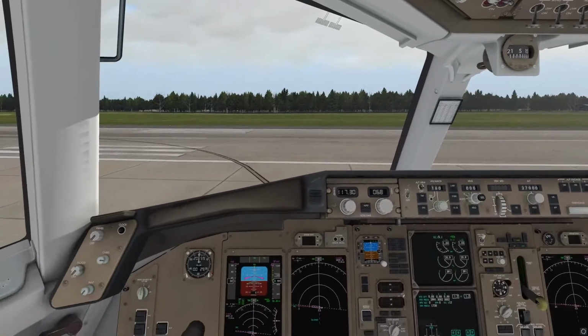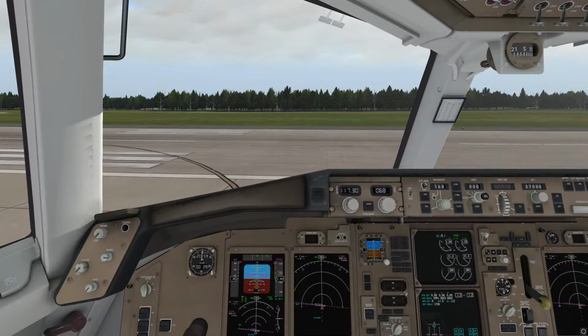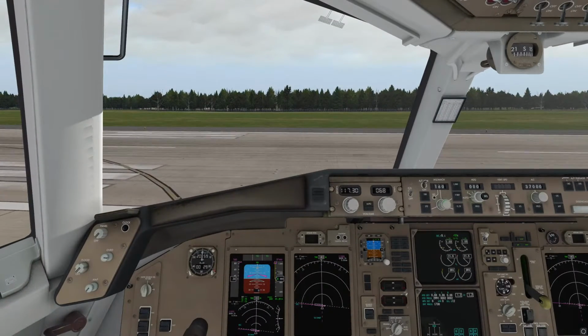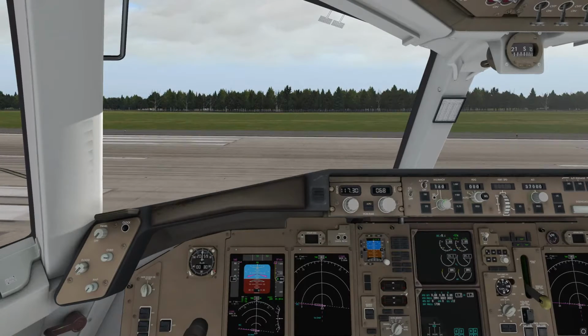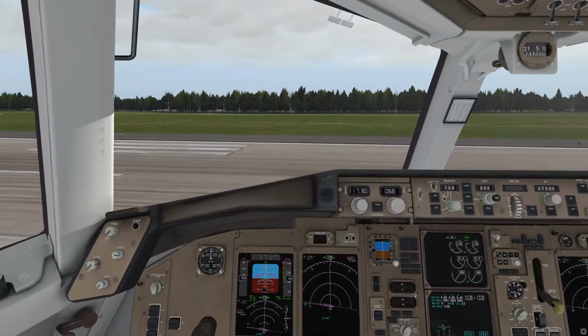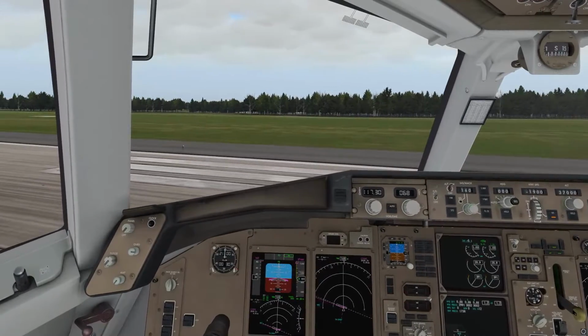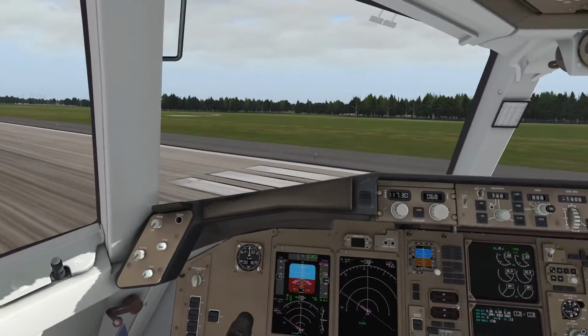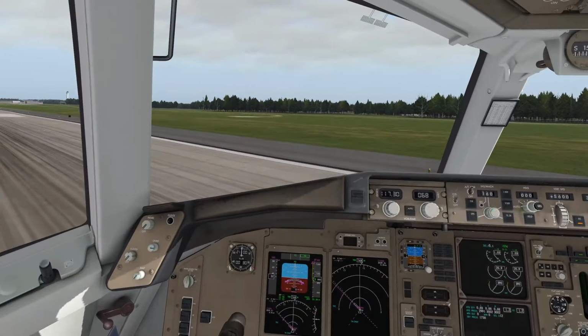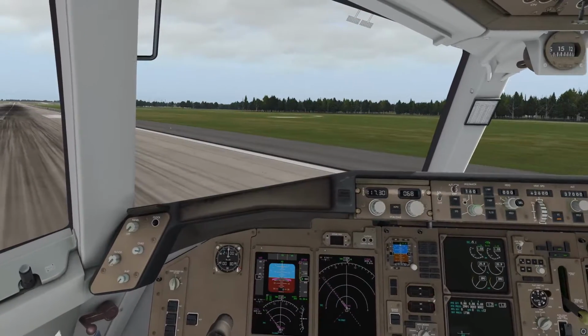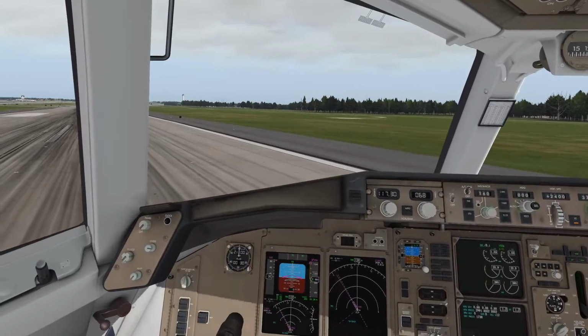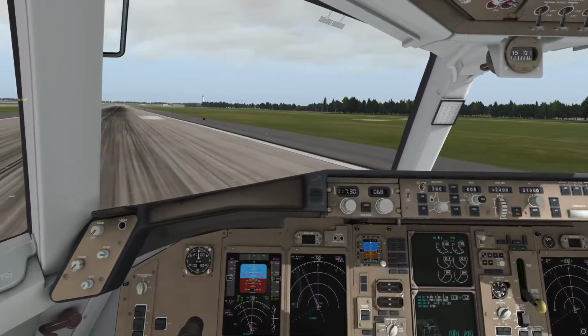We're good to go. Flaps are set. Let's get that auto throttle set, and let's get our climb in here as well. So once we engage that autopilot,